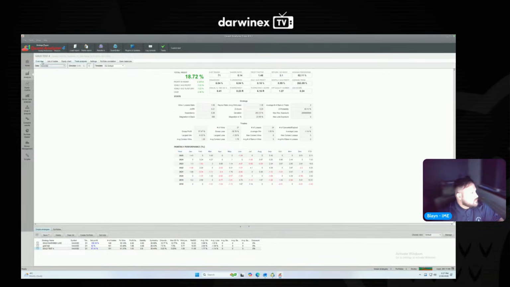Is it in return though? 3.6 to 1 was what it was originally, where this is now 6.3 to 1. So not really. It's helped the drawdown, but not really helped the actual return to drawdown ratio. So yeah, maybe this has not been the most successful. We've increased the win rate by quite a bit, but decreased profit.